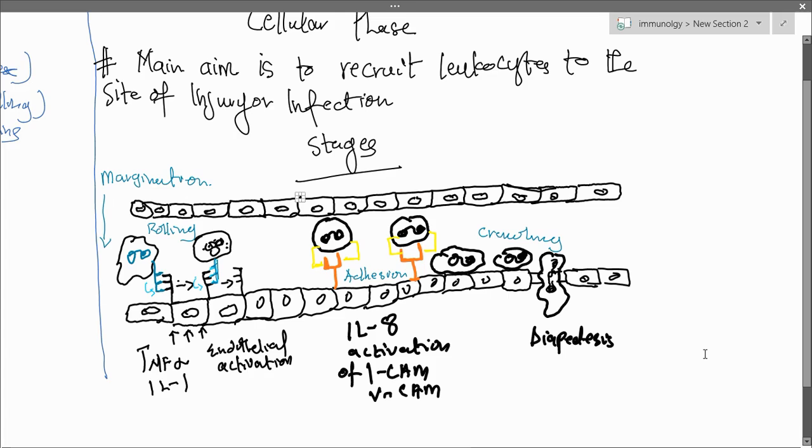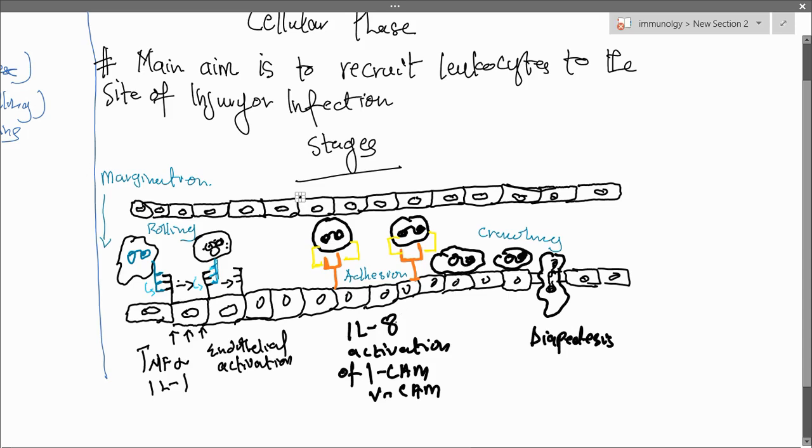Alright. So first of all, in the vascular phase, we realized that there was vasodilation. And when we say vasodilation, there is an expansion of the blood vessels. And this expansion of the blood vessels slows the blood flow within the vascular compartment. And once this slow movement is done, the WBCs, or the white blood cells, become sluggish in their movement. And they align themselves at the very edge of the endothelium. And this alignment is what we call margination. So they are found at the margins of the endothelium. Now,